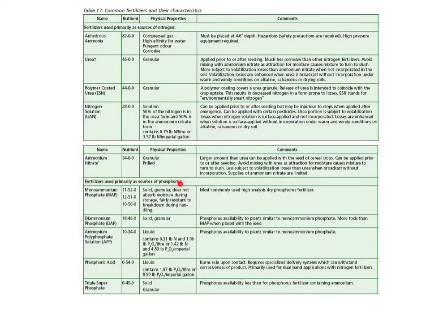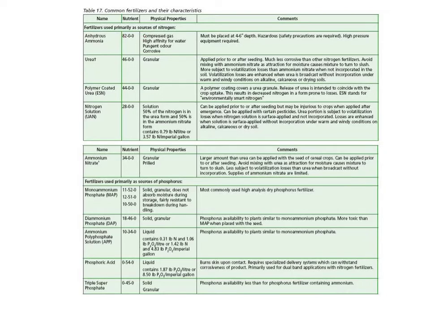We're moving now to our phosphorus fertilizers, and what you'll see, interestingly enough, is that phosphorus is this middle number here. When you see the first number is nitrogen, the second number is phosphorus, the third number is potassium. You'll be learning this on page 479, box 13.6. It tells you about the concentration amounts. But usually you see these three numbers, and the first is nitrogen, second is phosphorus, the third one is potassium